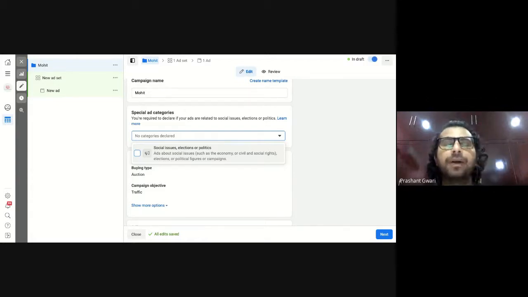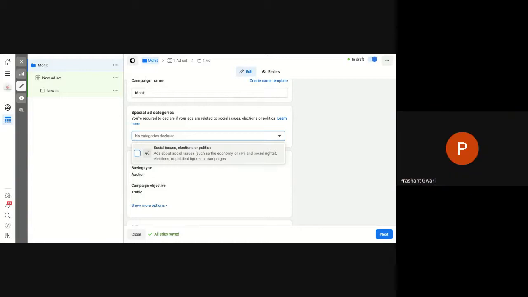Most of the people who want to rent their home, or sell their home, or who are providing any services, or even in politics, want to target a specific religion or specific caste. For example, the Bharatiya Janata Party or BJP. If BJP is promoting for a future election, what will they do? They want to target Hindus. They will not target Muslims and Christians, because that is not their electoral base, they will not be their voters. So Facebook doesn't want that. Facebook doesn't want you to discriminate against people on the basis of religion.